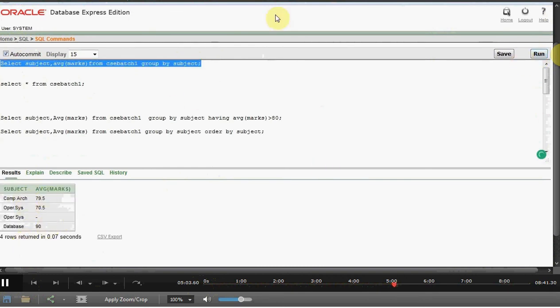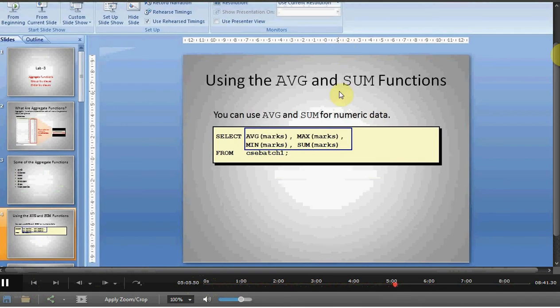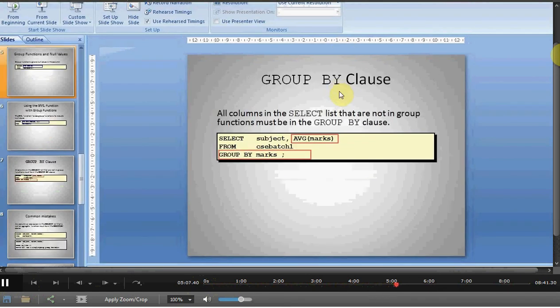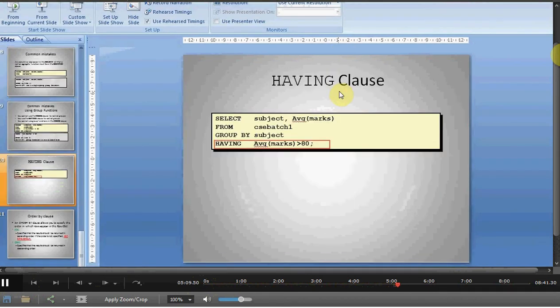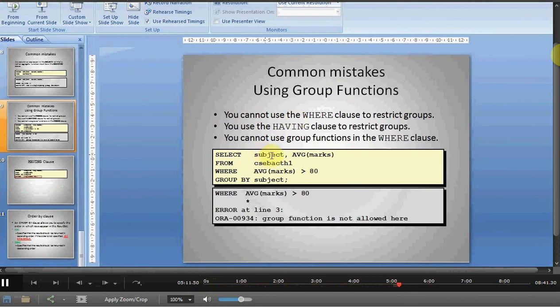Now one common mistake which normally people do over here is in the group by function, any other column name which you use in the select class other than the group function has to be there in the group by class. So this is the one thing which you have to notice. If you mention any column name in the select class other than the group function, that has to be present in the group by class.